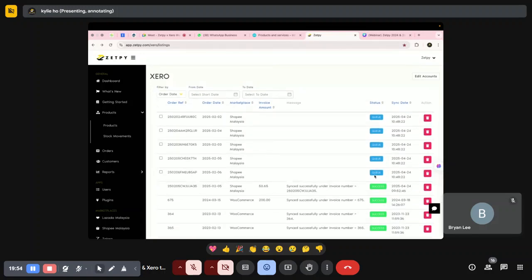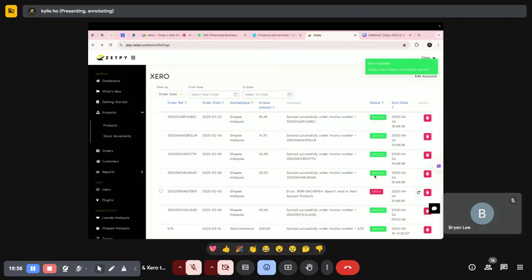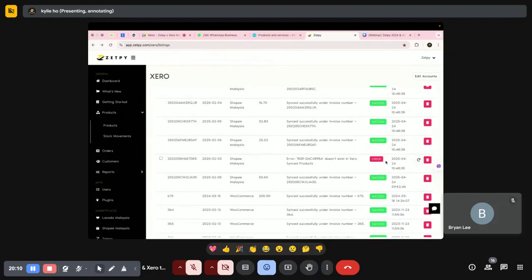Let's say the order is successfully synced into Xero, then it will show you the status under success. And then it will indicate the invoice number over here. So in most normal cases, it will show you success. But you might notice one of the invoices here shows the error status. This is also one of the common issues that you will see. When you read through this error message, it will mention that this SKU,